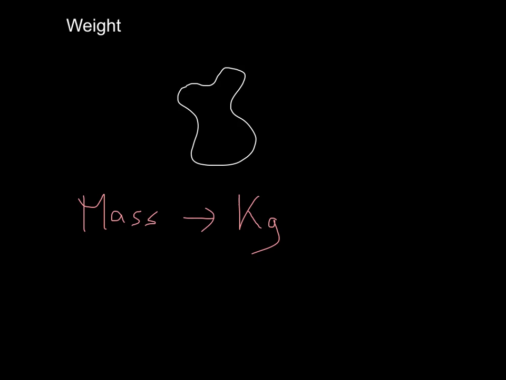And what's the difference, you may say? Well, the difference is that weight is a force, whereas mass is the amount of matter that's in my body. So the amount of matter that's in my body never changes. It's the same here and on the moon. The weight, however, is the force with which the planet is pulling me down. So different things. Now the units of weight are units of force, and hopefully you remember the units of force.